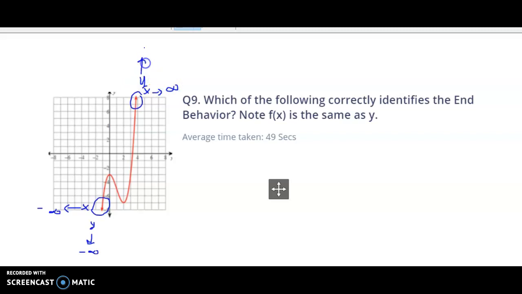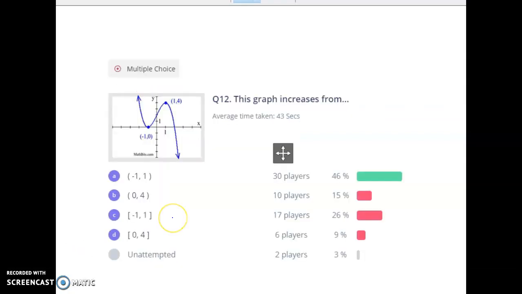And I believe this is another one where I used f of x notation instead, but f of x is the same thing as y. So your correct end behavior there was as x goes to negative infinity, y goes to negative infinity. As x goes to positive infinity, y goes to positive infinity also. All right, I just double checked through the quizzes, and there's one or two more that around 50% or less